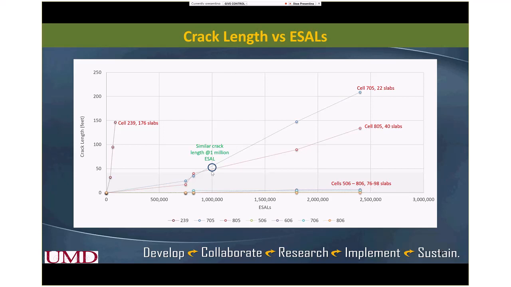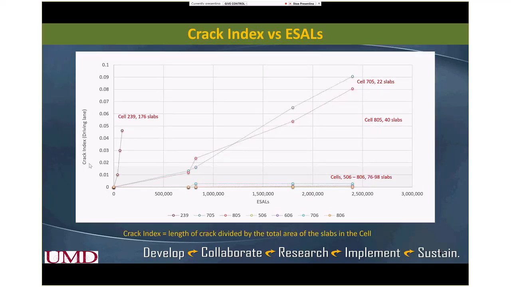crack. Now when we did a little bit of further analysis, in this one we correlated the crack index with respect to the ESALs. How did we find the crack index? What we did is the length of the crack divided by the total area of the slab. So we have done these analyses, and then we saw that even though the cell with the wider slab resulted in more cracked slabs, the crack index, or the length of the crack with respect to the area,